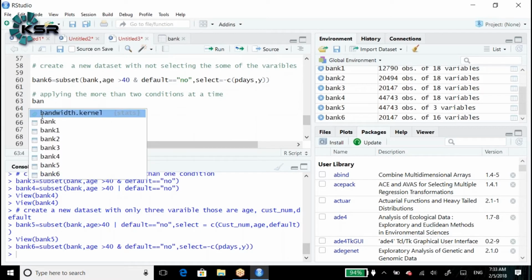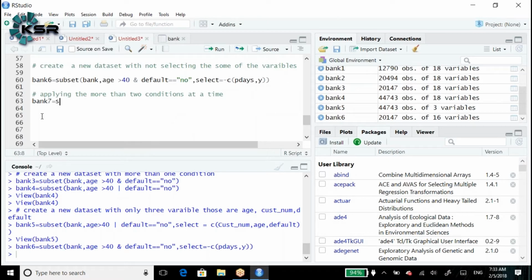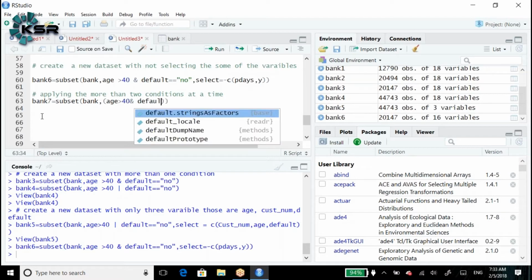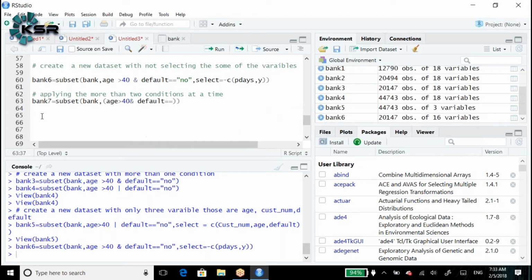Here, for example, bank 7 is equal to subset of bank, comma, let's say age greater than 40 and default is equal to yes.